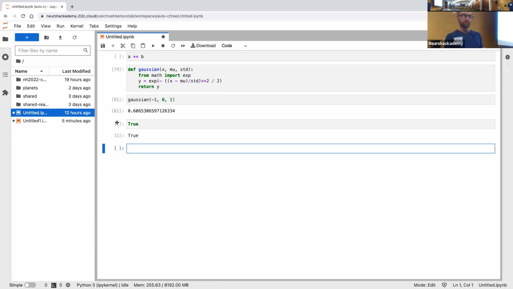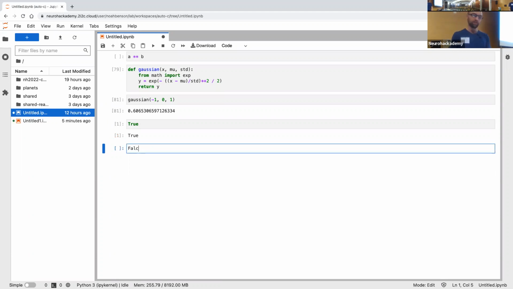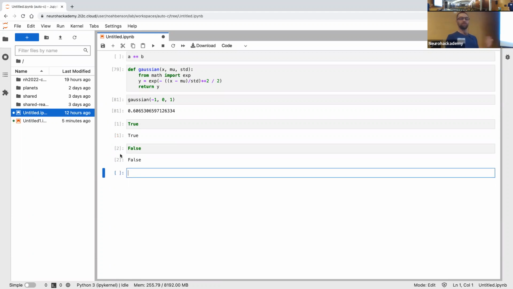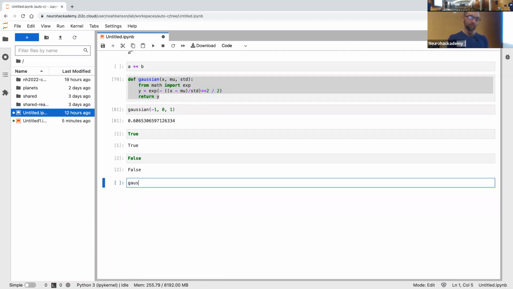Yeah. So you notice here that beside this cell is the number 1. And that's because this is the first thing this instance of Python has evaluated. And if we now evaluate false, that'll be 2 because that's the second thing. So that tells us that we've restarted our Python instance. It doesn't remember, back up here, entry 79 was us defining that Gaussian function we defined yesterday. So we know that that's been lost. And in fact, if we type Gaussian here,